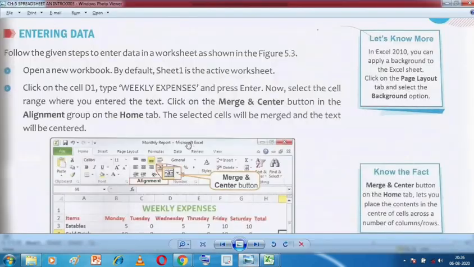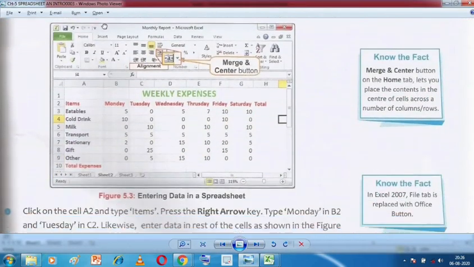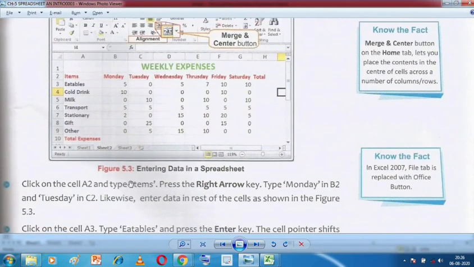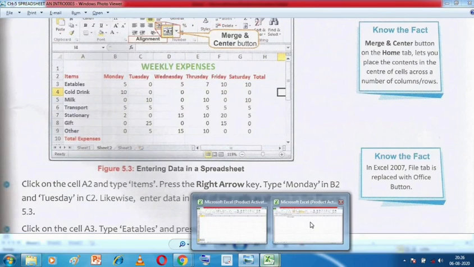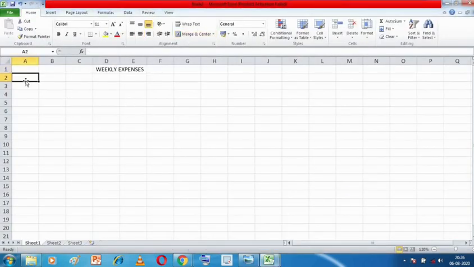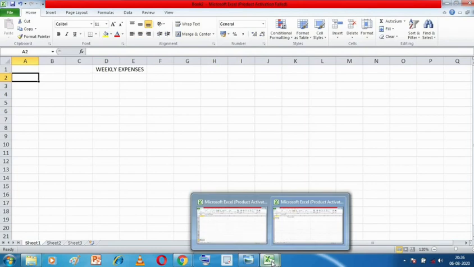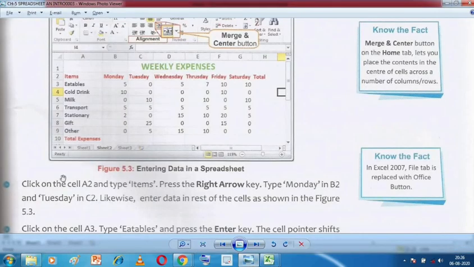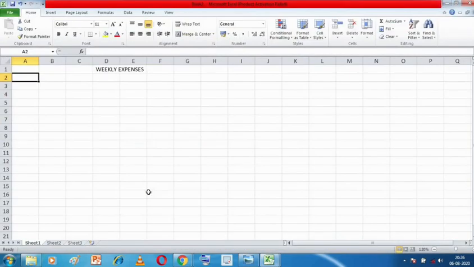Now click on the cell A2. So this is our A2. In A2 we need to type ITEMS.